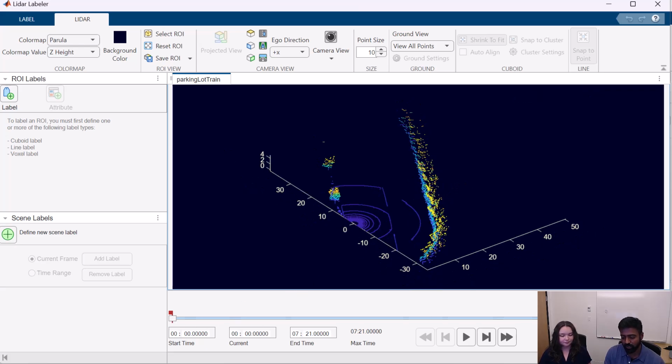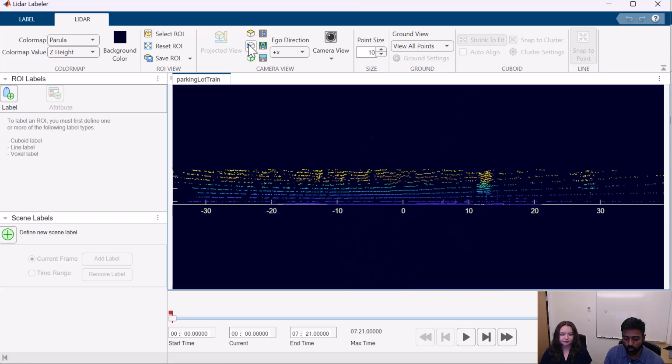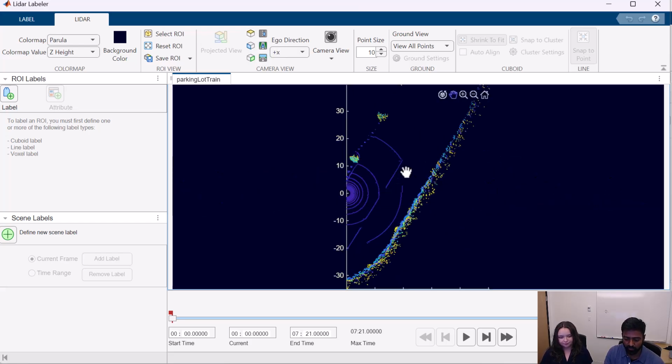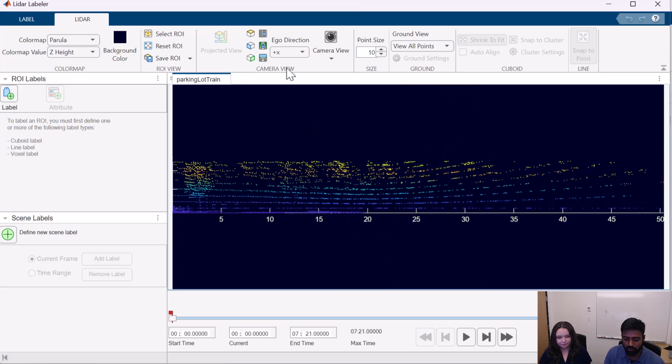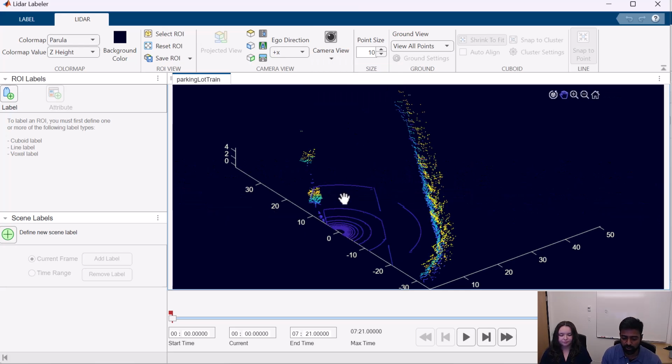The data set consists of multiple frames, so you can see that it runs from a start time of 0 to about 7 minutes of data. With the data loaded into the app, you can start exploring the data again by using the options over here. So you have rotate, pan, and zoom options. Again, this is very similar to the LiDAR Viewer app, and you have the same options, including a lot of preset views that you can choose. So you can go to a YZ view or an XY view, which is more of a top-down view. And you also have an XZ view. And you can restore your camera to the default view once you have explored all the other views.